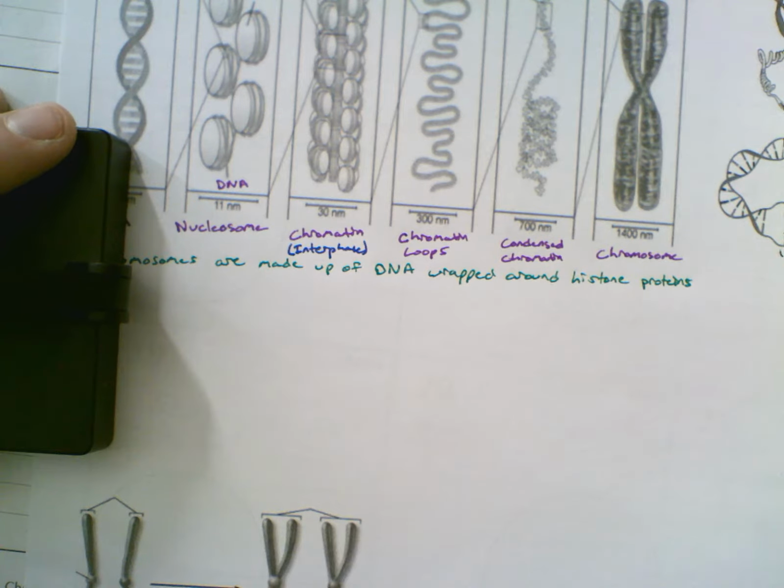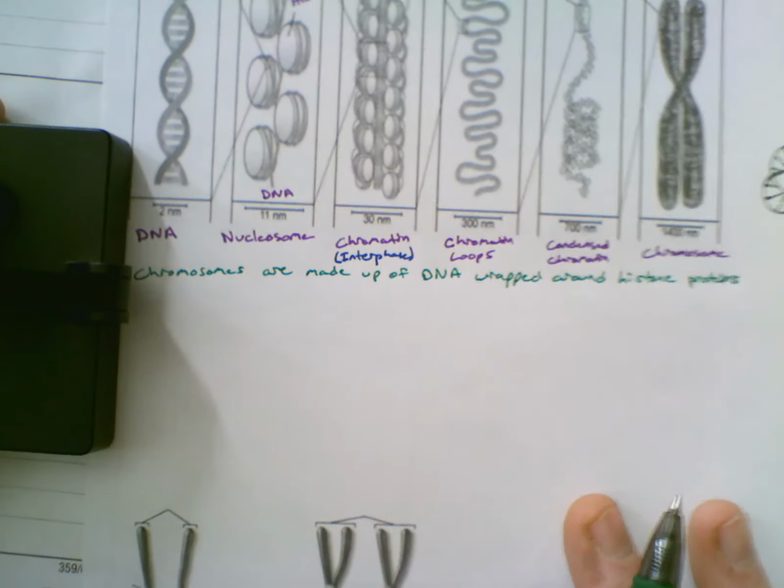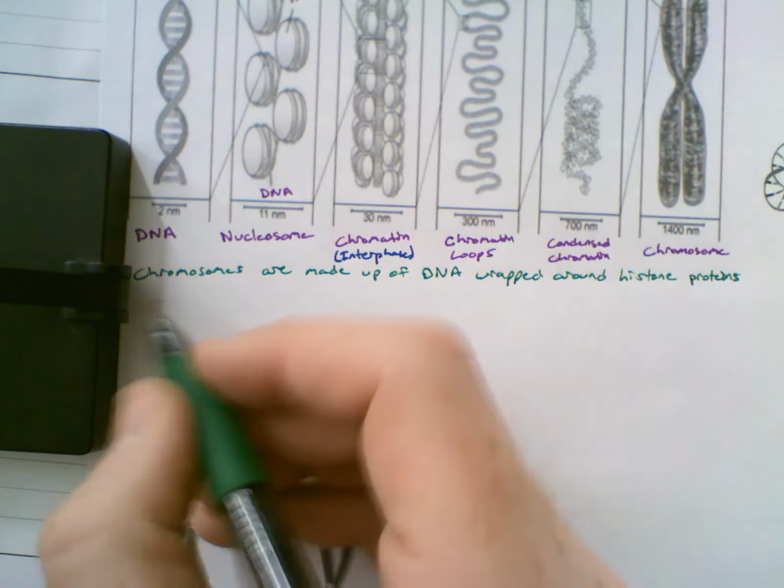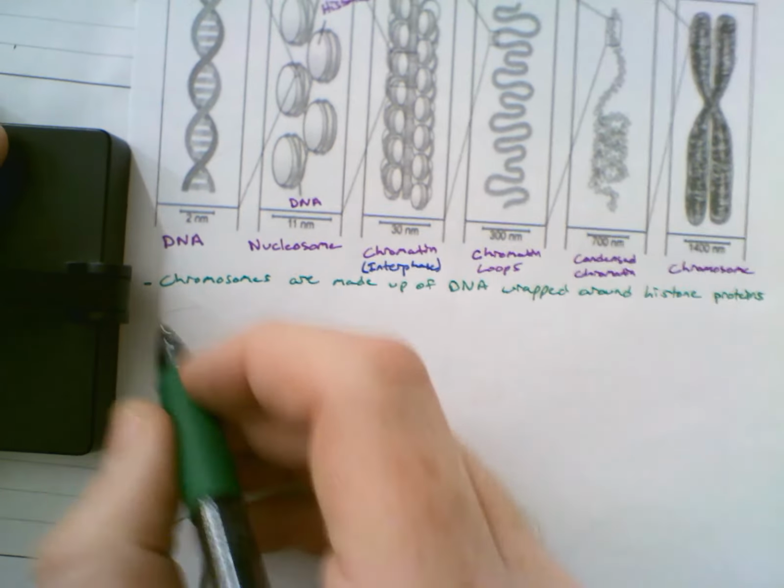So made up of DNA wrapped around histone proteins. Okay. General chromosome fact number 2